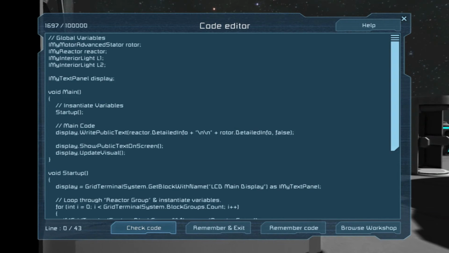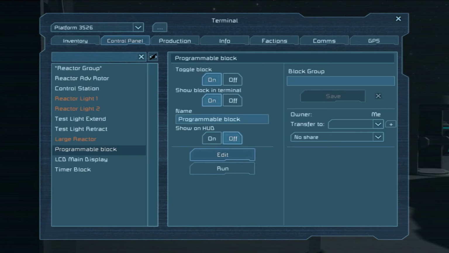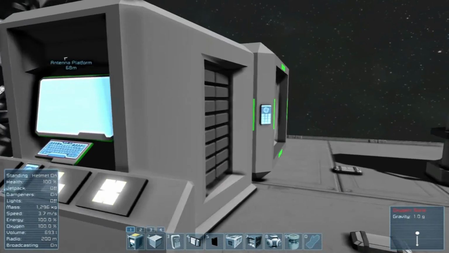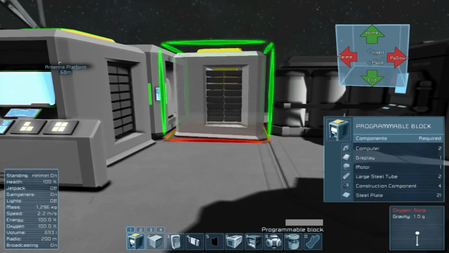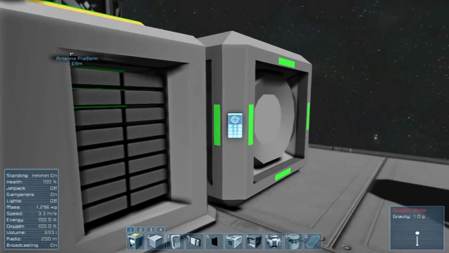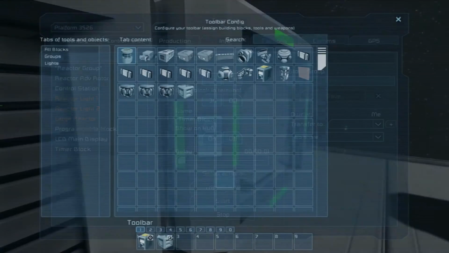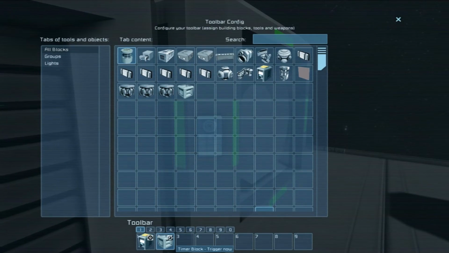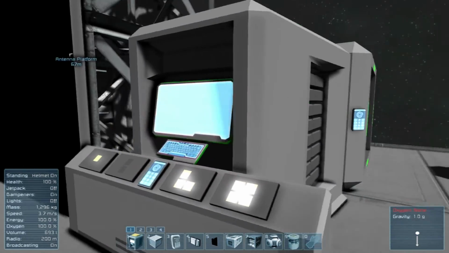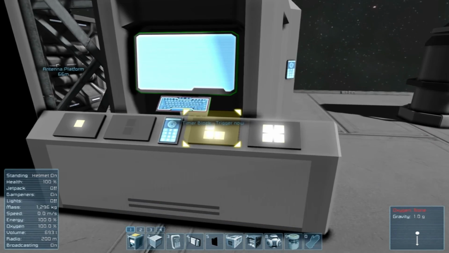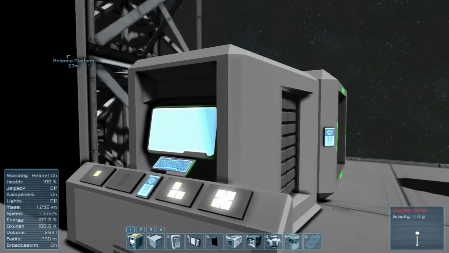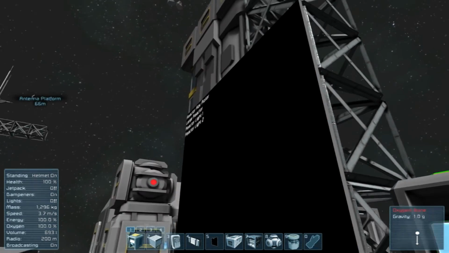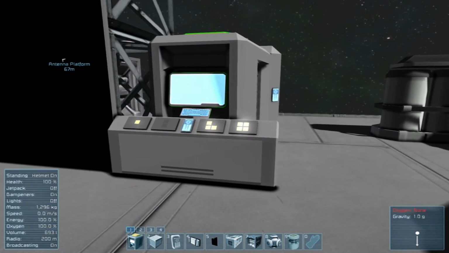The problem with rotors, now I'm also going to activate the timer that we've always had set up in this world. We don't need those lights anymore. So the timer, again, if you haven't seen my previous episodes, is set up to run the program and then trigger itself again. It keeps it looping at a 1-second interval. And then I have a button here set up to trigger the timer block, which will run it and just loop, and that way it's constantly doing things. So when we click this button, you'll see this change.